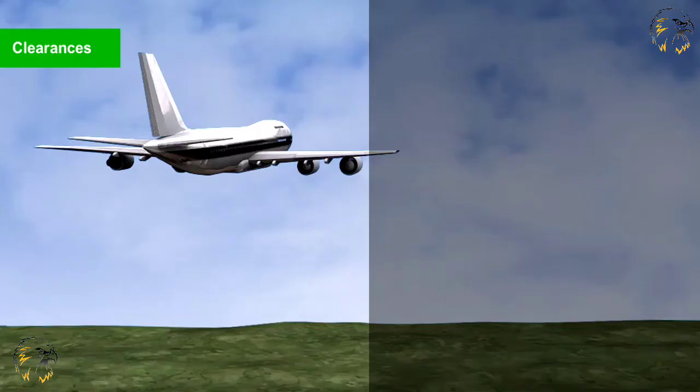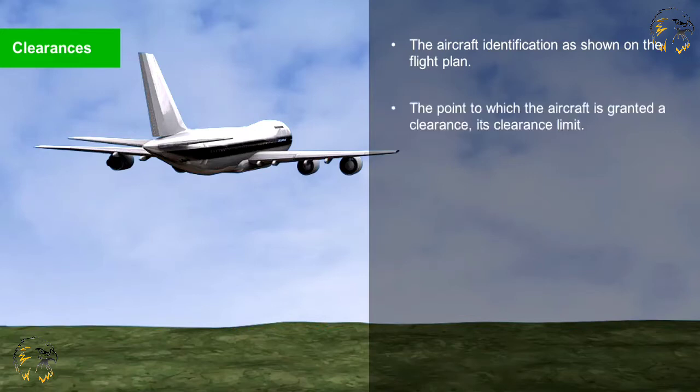As a basic premise, it should be understood that air traffic control clearances will be based solely on the requirements for providing air traffic control services to aircraft. Its content will include the aircraft identification as shown on the flight plan, the point to which the aircraft is granted a clearance, its clearance limit, the route of the flight,